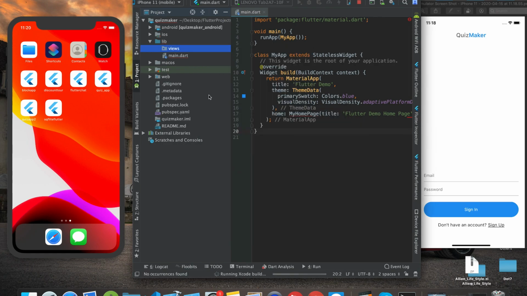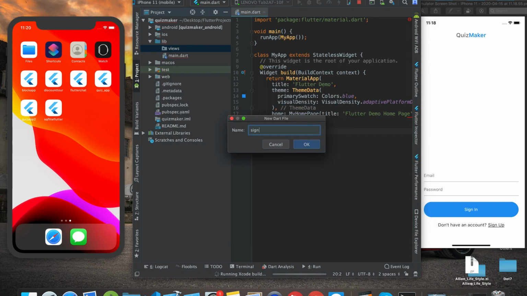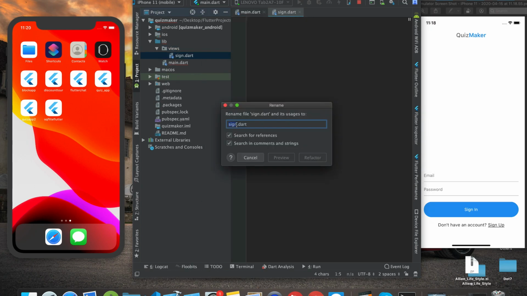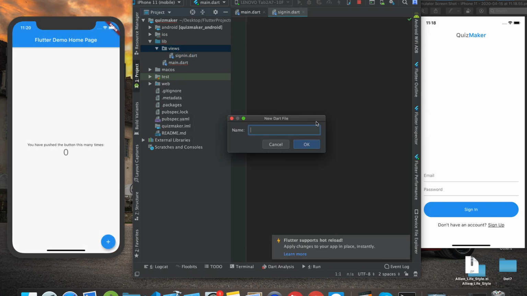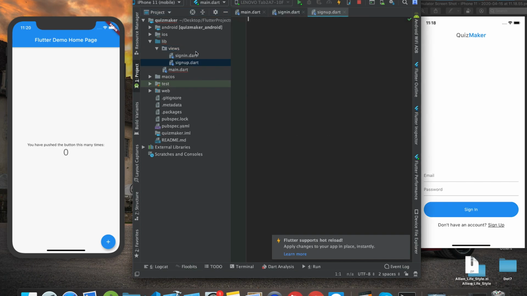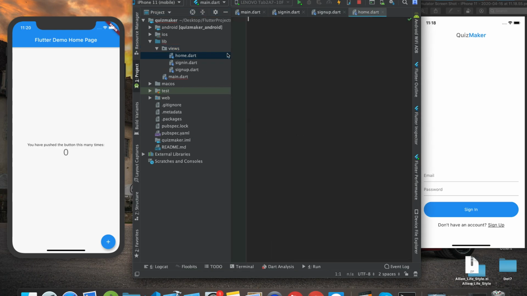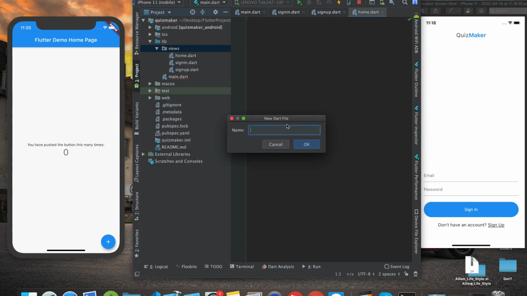In this we are going to create a new package named view, or rather I'll name it views. After that I can click on refactor. Inside of that, let me create a Dart file called sign_in.dart. Then I can go ahead in the views and create sign_up.dart, and then we can create something like home.dart. Then what do we need? Also, what I usually do is I create one other screen which is going to be called authenticate